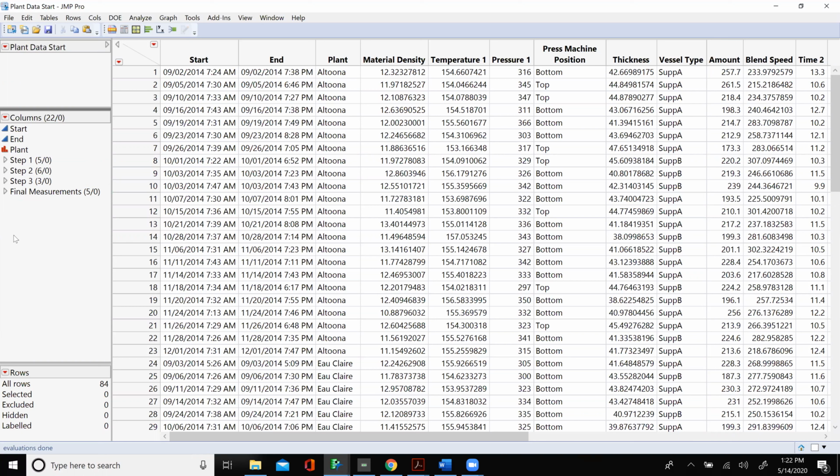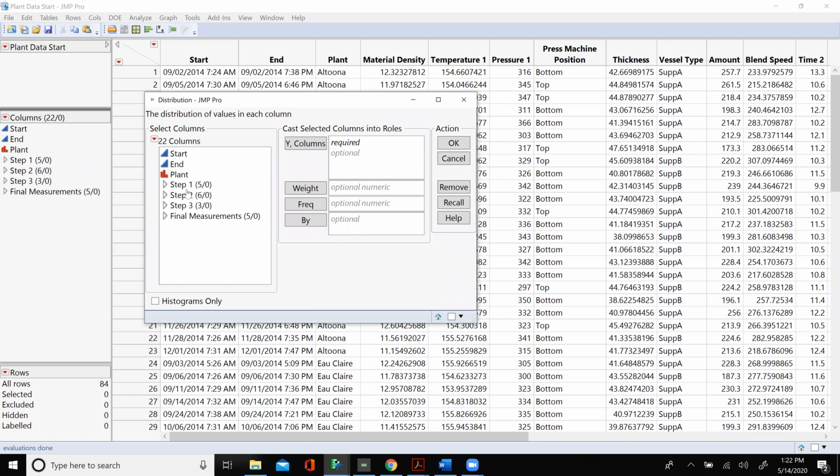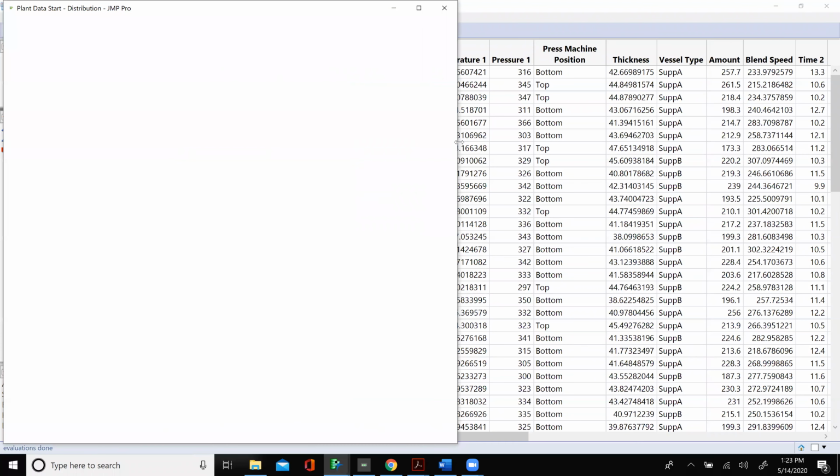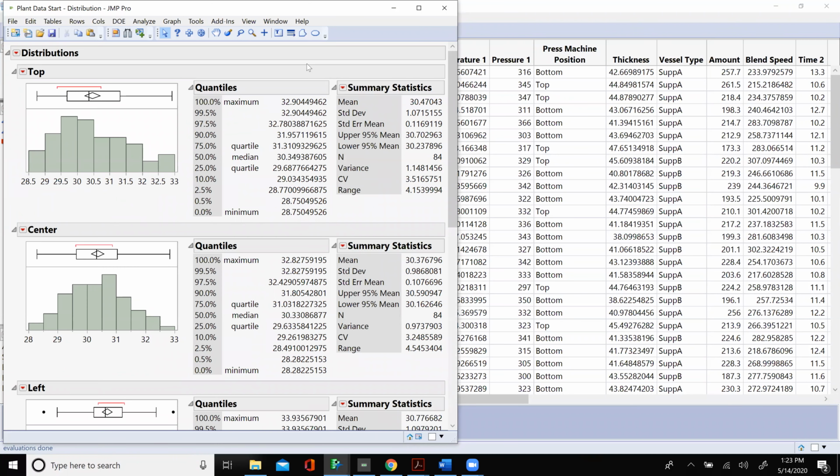Now, whenever you look at this, you should probably think, who cares? This is why you should care: if you said analyze distribution, and you have say 400 variables, you don't have to scroll down this list right here to find those that are in step 3 because there are 300 variables down the line. What you can do is just open up step 3 and pull up those variables so you can focus on one step in any JMP analytical platform, right? Just say that you have final measurements and you say, Heath, I want to look at all the final measurements, and we don't have 5, but we have 500 of the final measurements. You just take final measurements and drag it over here and it'll pull all 500 over there. You see that?